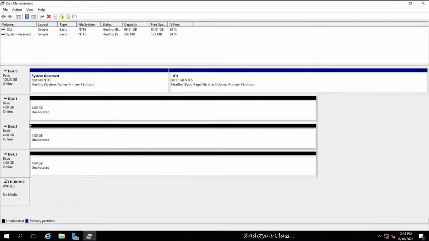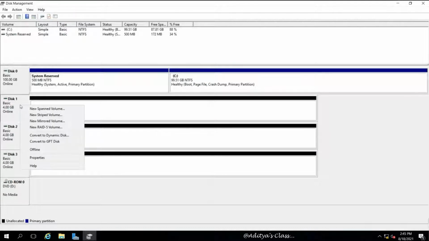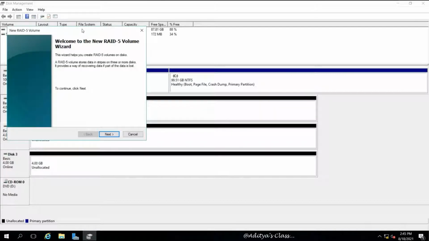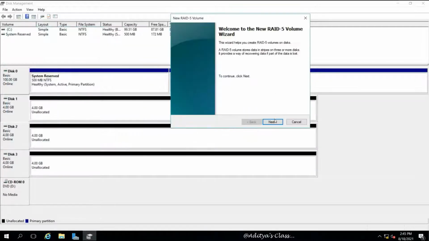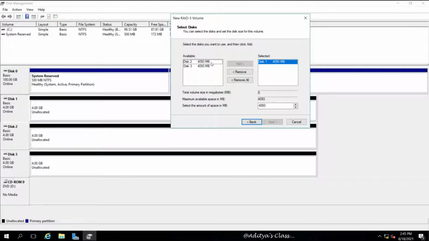So in disk management, you can notice that we got disk 1, 2 and 3, each with 4 GB of disk space. So let's use all the 3 disks to create a RAID 5 volume. Let's add all the 3 disks.